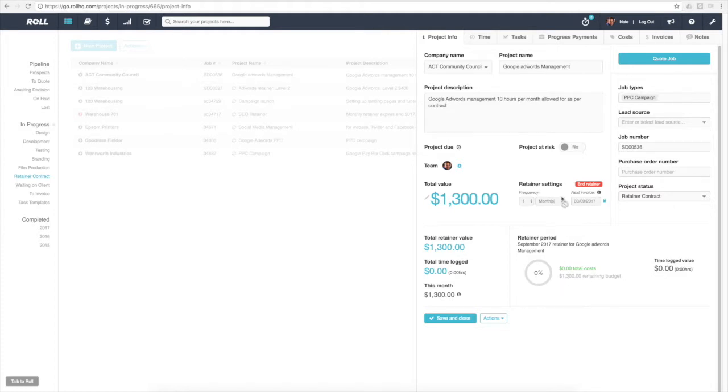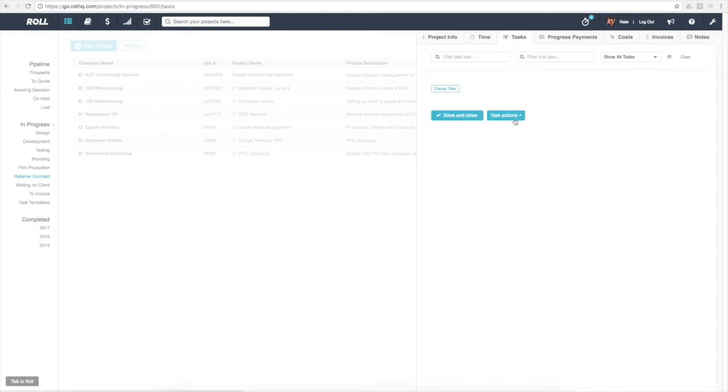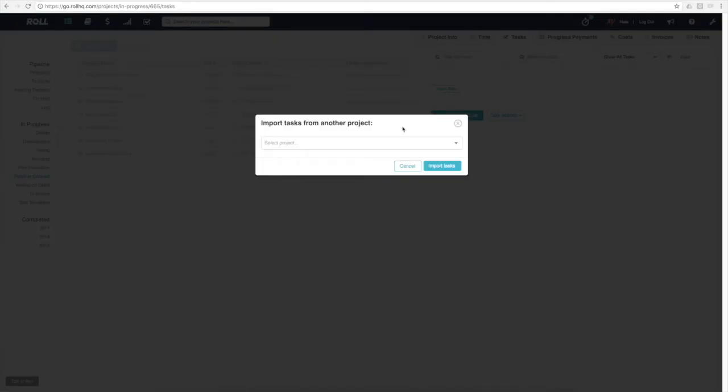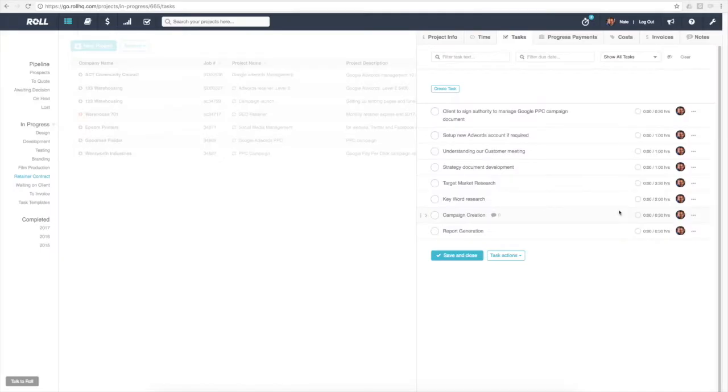Now what I want to do in this case is let's just click into tasks, and to finish setting up this job, I want to import some tasks so that I don't have to key them all in again. Let's go. I've got some task templates already set up, and here's my Google AdWords task template. Let's import those. Now I've just imported all my tasks for this project, and what I can come through, I've got time allocated or time budgets allocated, and I can come and assign those and basically finish setting up the